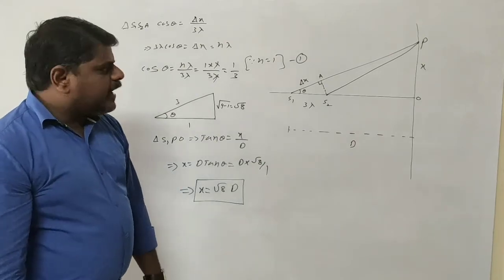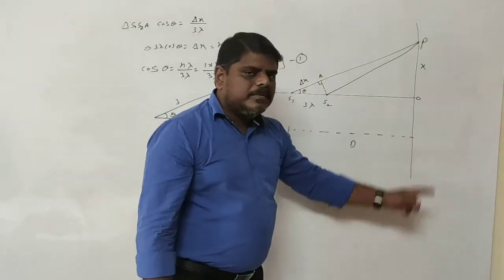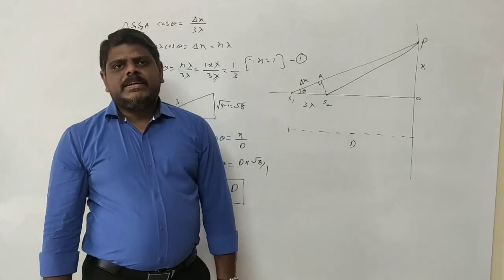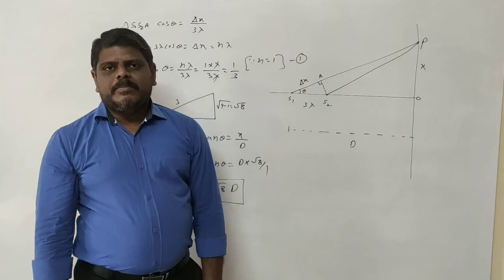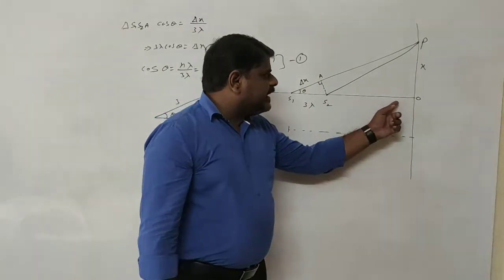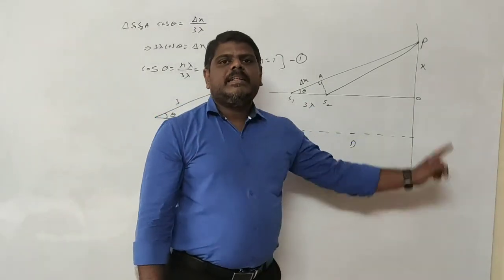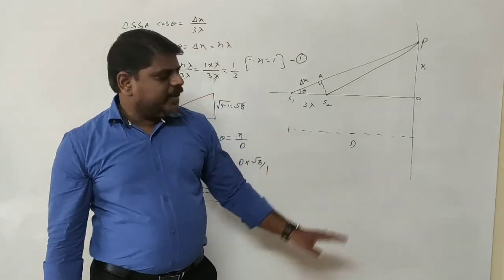In the previous problem we already discussed that. If I refer to that point O, what are you going to get at point O, the bright band or the dark band? No doubt you are going to get the dark band only, because along the slits you always get the dark band only. Okay, these are the problems.